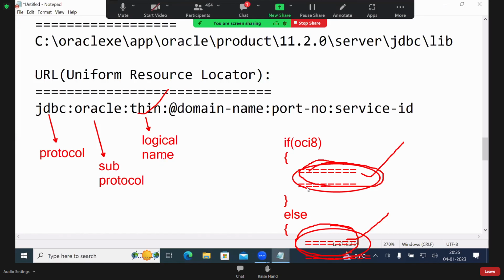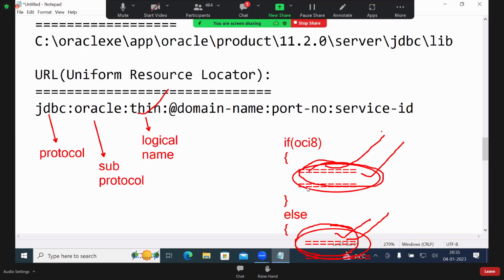Type 2 means write OCI 8, Type 4 means write thin. If you write thin, this is executed. If you write OCI 8, this is executed. This code is the Type 2 driver functionality, and this code is the Type 4 driver functionality. Like that, if-else conditions are already written inside the driver implementation. That is the reason it is called a logical name.